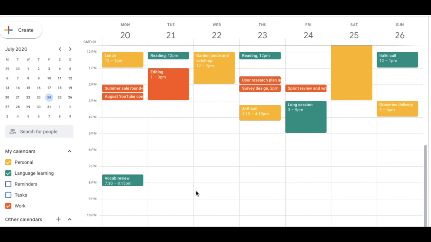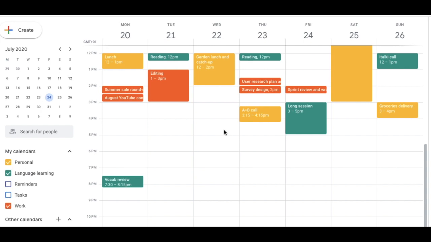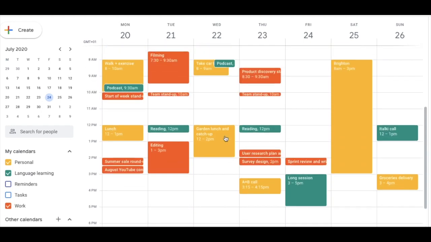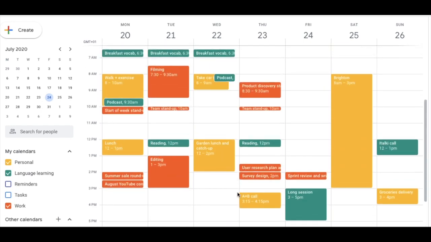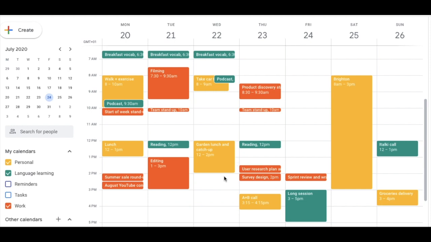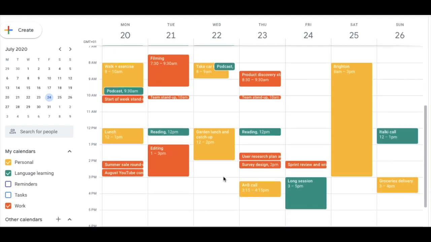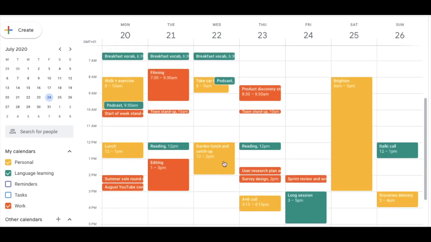Okay guys, so the first tool I'm going to show you to talk about how you can organize your language learning schedule is a Google Calendar. So it's basically an online calendar, and I'm sure many of you are familiar with it. So you can use any kind of online calendar for this way of organizing your schedule. But I'm just using Google, so I'm going to show you that,